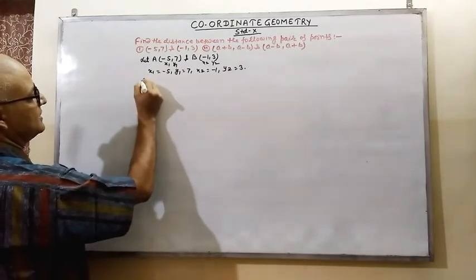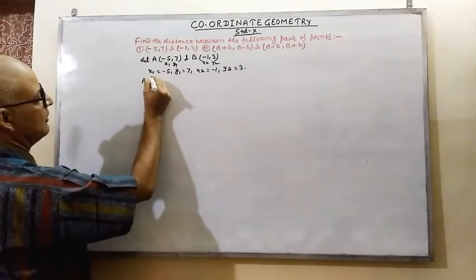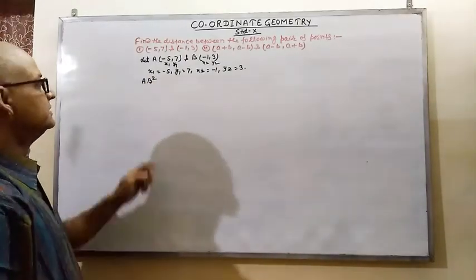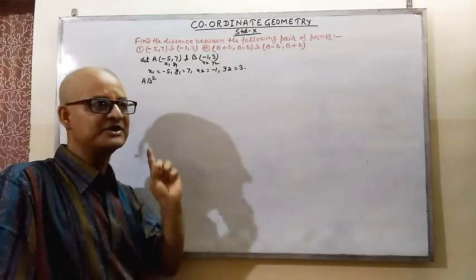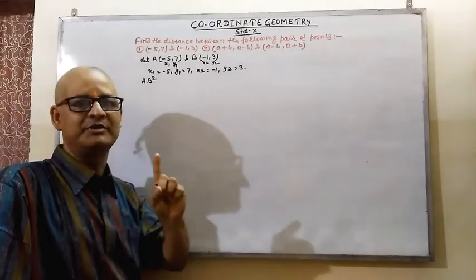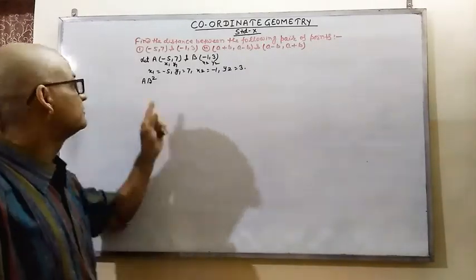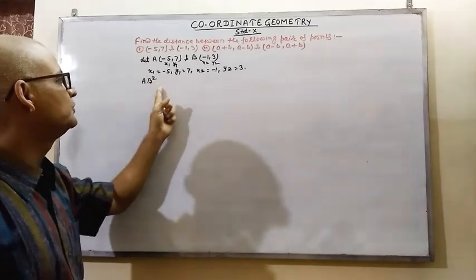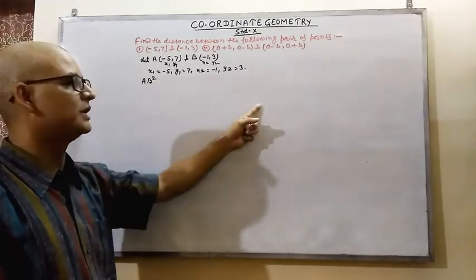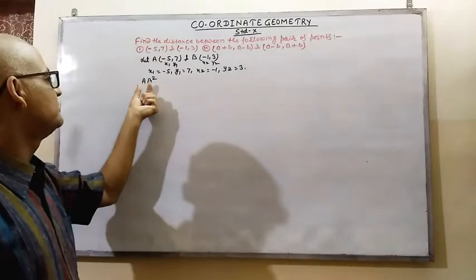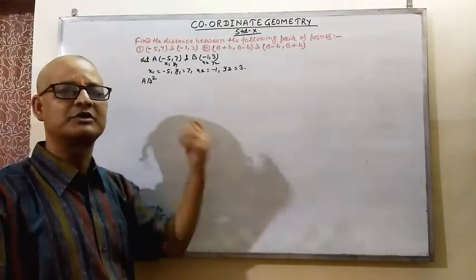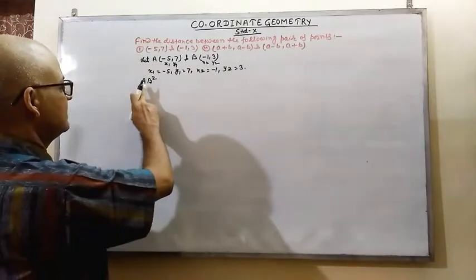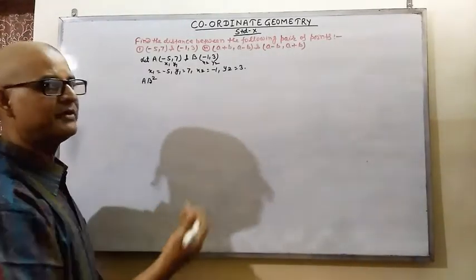Then after that, first you find out in square form, AB square. First we will find out in square form, and then at last, after simplification, we will find out the square root. From the beginning, don't write AB equal to root under. What happens? Most students, in one or two steps, keep putting the root under. After that they forget the root under. So it is better to first find out in square form.